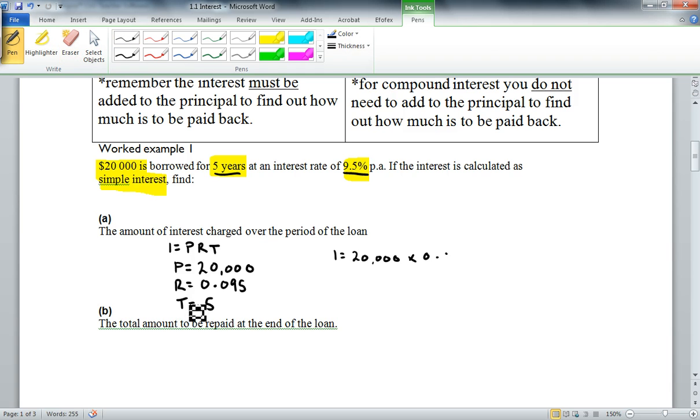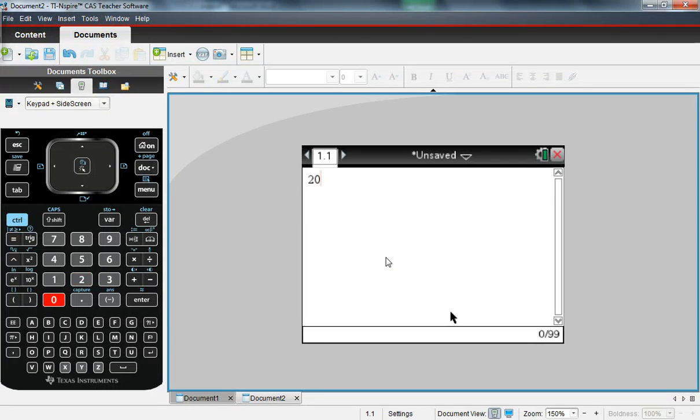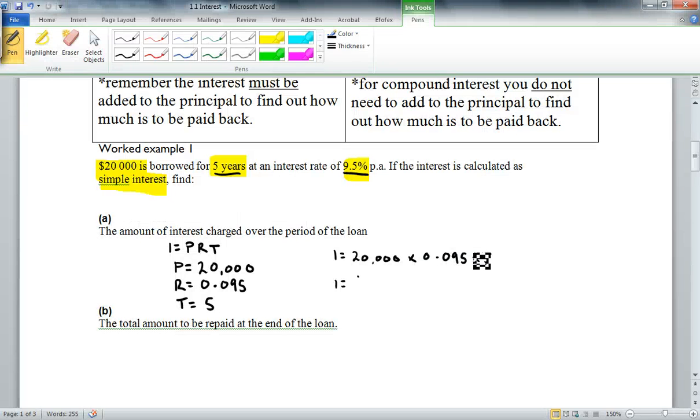So that's an easy mistake to make. 0.095 times 5 years, and your interest, if you put that into your calculator, 20,000 times 0.095 times 5, $9,500. So that's the amount of interest that you'll pay if you're paying 9.5% per annum using simple